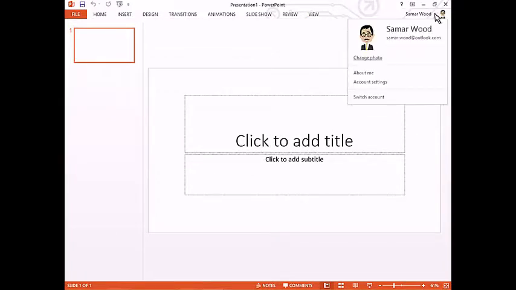This corner is also a place from where you can access your Microsoft account. Here, you can update your photo, manage